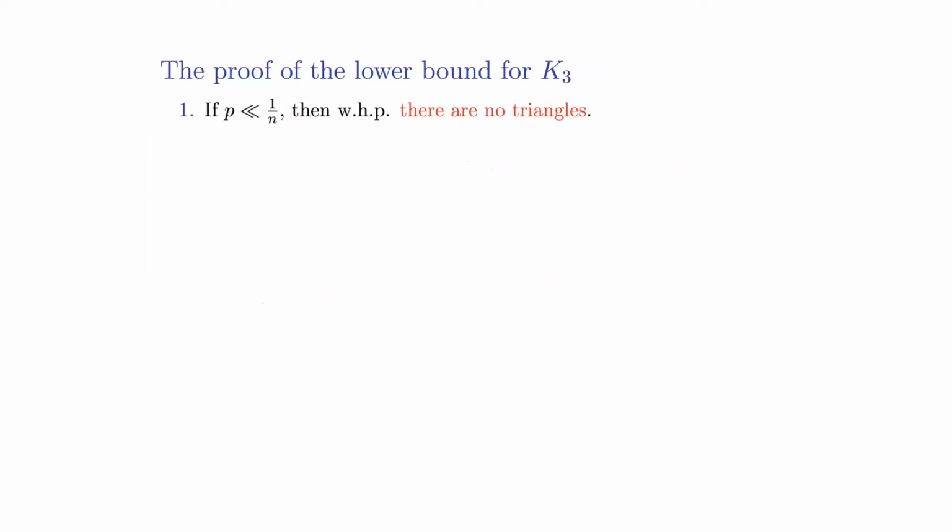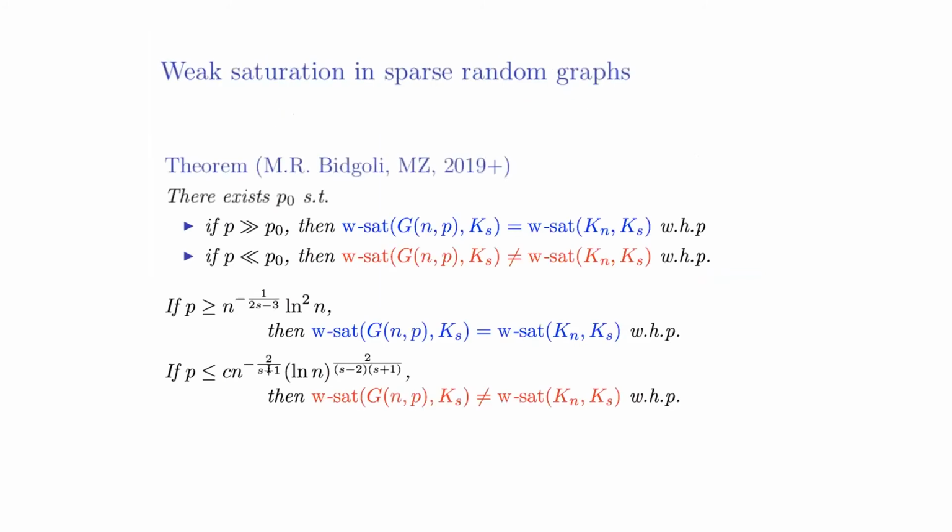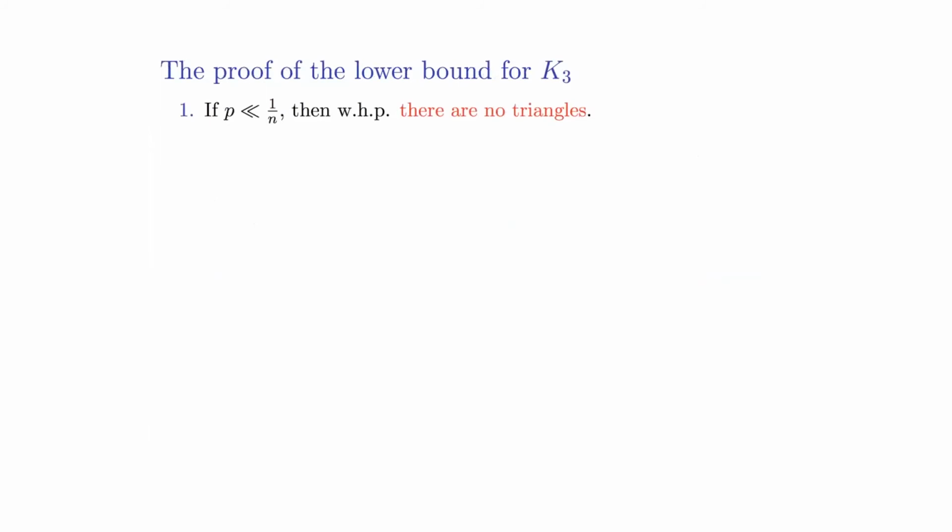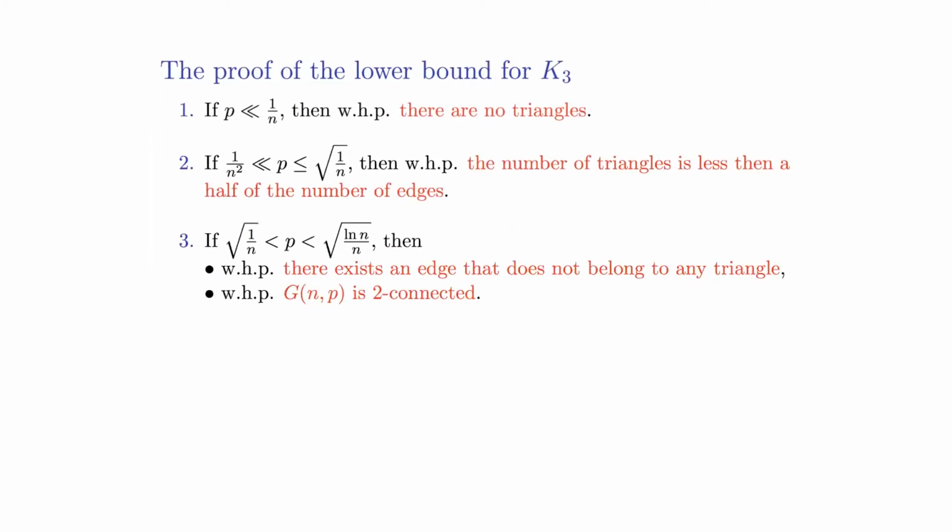Okay, if I go back to the previous slide, when s equals 3, I think about the upper bound. So when s equals 3, I get 1/2. So we are already near this lower bound, but we also need to get some logarithm factor. To do that, let me state the following. First of all, it is not difficult to see that with high probability there exists an edge that doesn't belong to any triangle, if p is like this, and that with high probability G(n,p) is 2-connected. So what it means is that if you find one edge that doesn't belong to any triangle, you can remove it. Your graph is still connected,